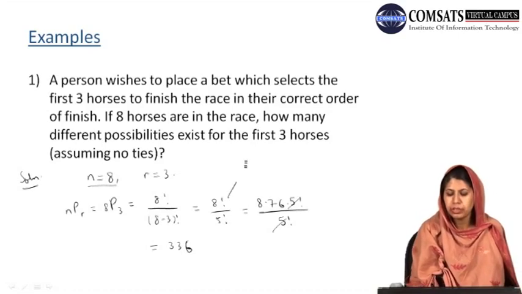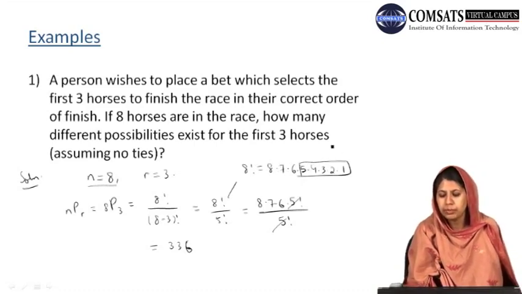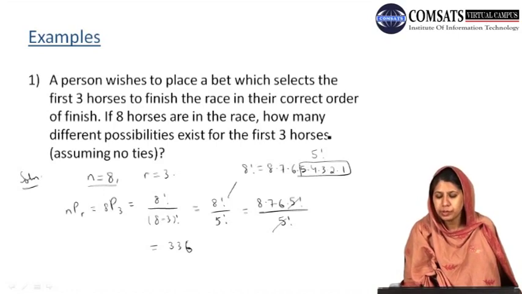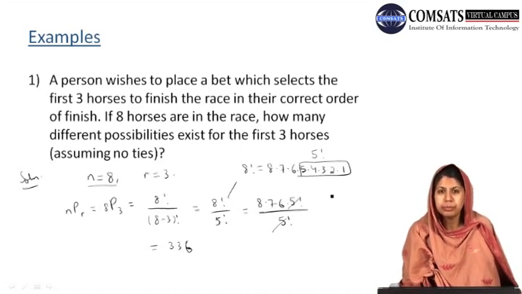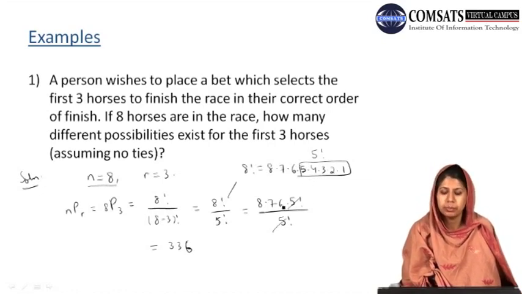If we open our 8 factorial completely, we obtain 8 factorial is 8 into 7 into 6, going in descending order up to 1. Now if we look carefully, why are we interested in 5? Because it is occurring in the denominator. So 5 into 4 into 3 into 2 into 1 is nothing but 5 factorial. So we may open the factorial not completely but up to our desired number, so that we can cancel out the factorials, the factorial sign is omitted, and we can simply calculate the resulting product.